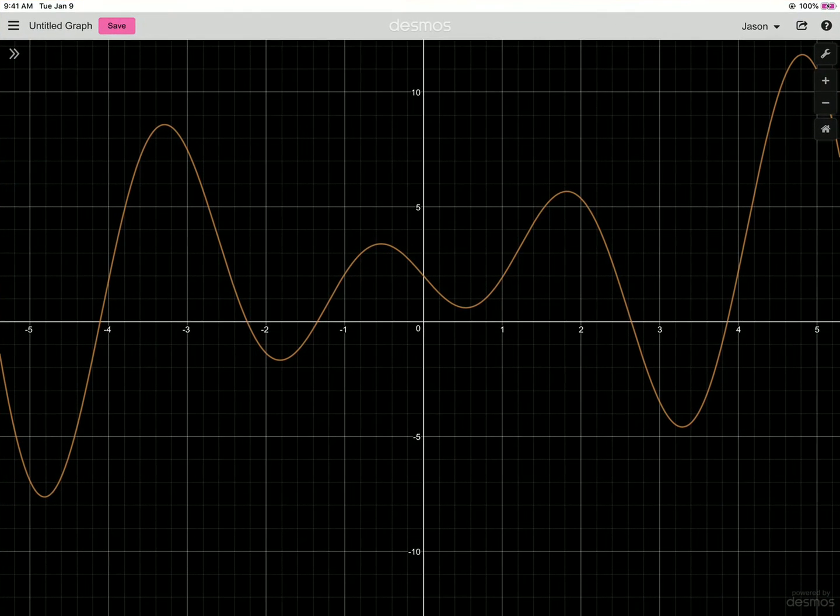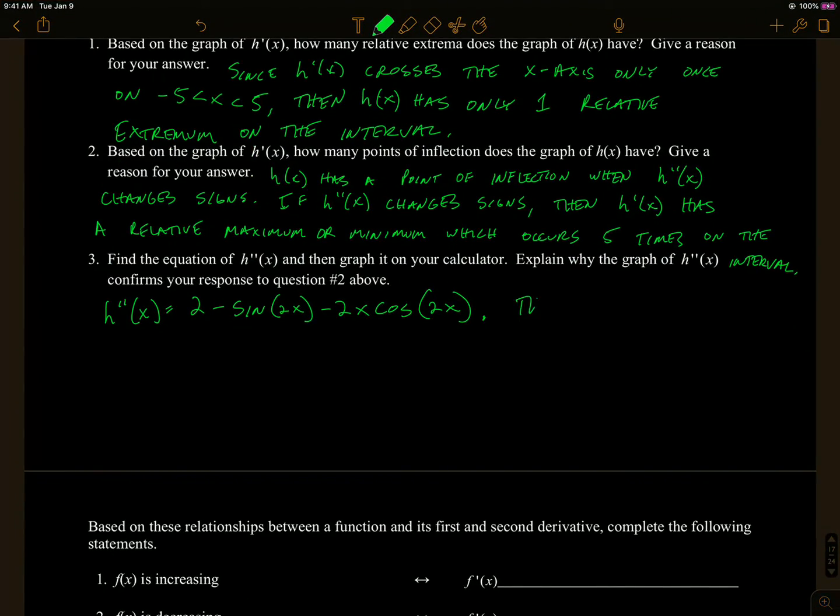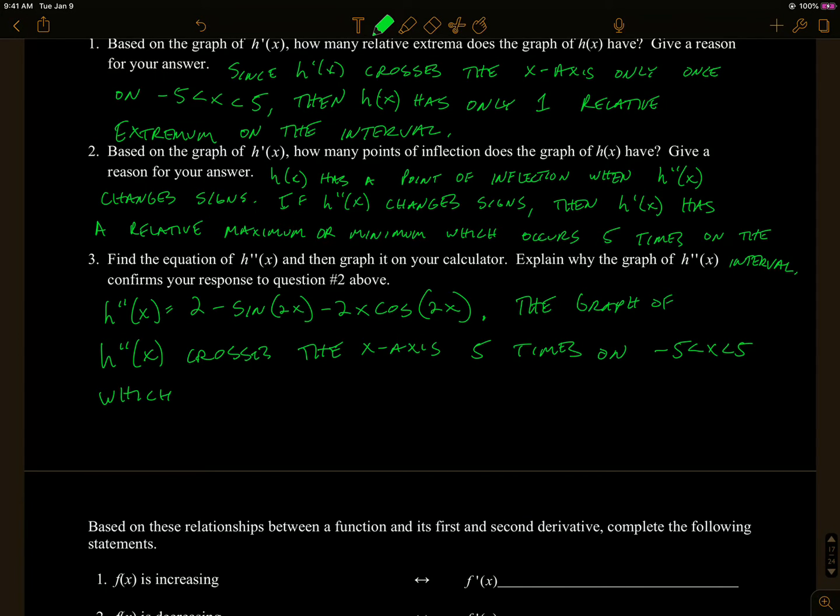So if we look at the graph of the derivative, that's this. You should be seeing that on your calculator. It crosses on that interval, crosses the x-axis 5 times. So you want to write that out. The graph of h double prime of x crosses the x-axis 5 times on the interval -5 to 5, which means